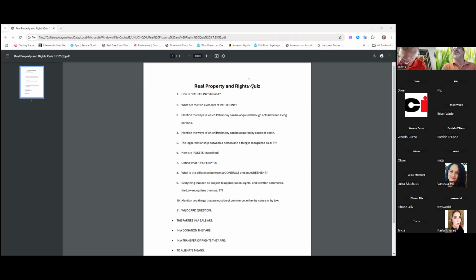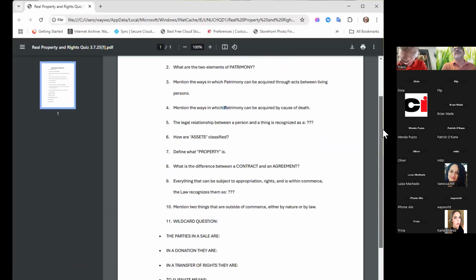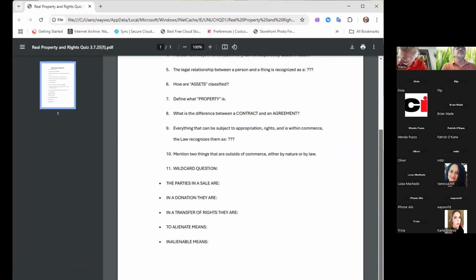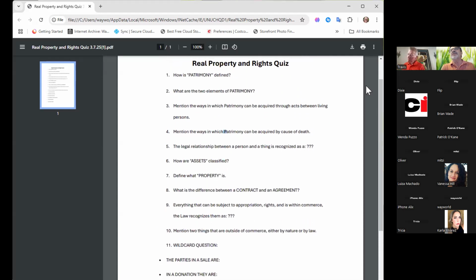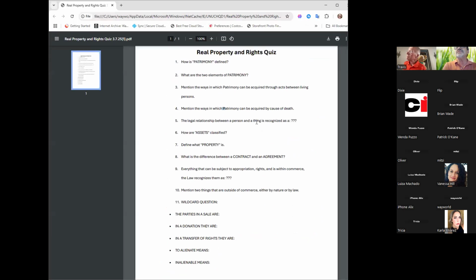Yeah, assets are any kind of property, like a house, a land, a car, or whatever, anything that you can touch. And rights are rights that something belongs to you. Remember that a right is not just a thing that you can see.